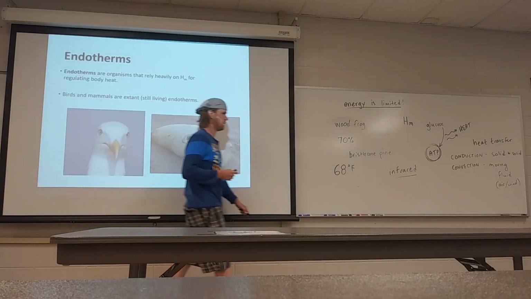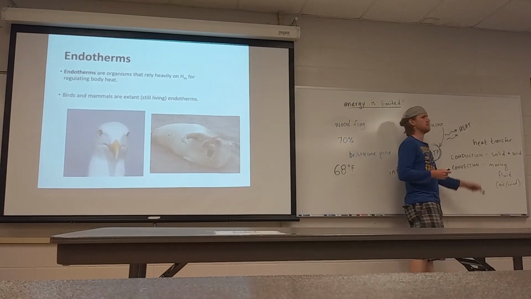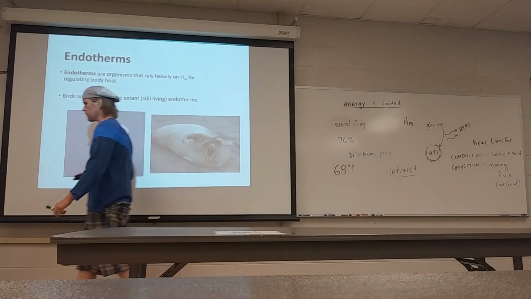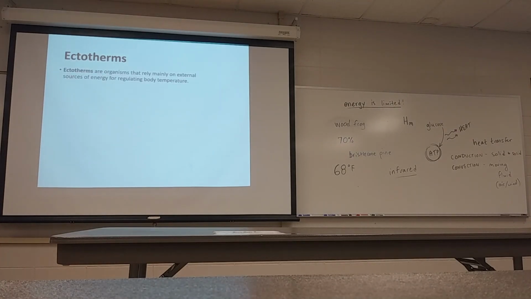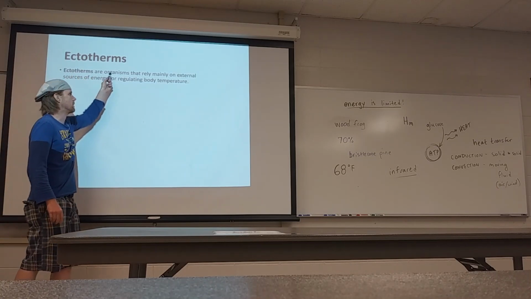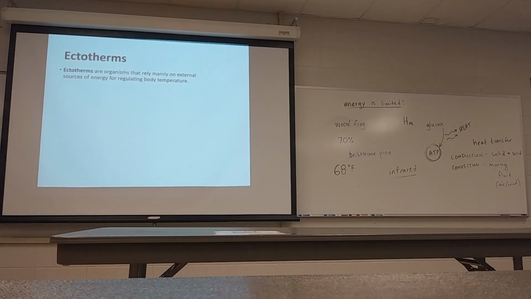The more food that you eat, ultimately the more heat you're going to produce. So if anybody has a dog or a cat, you feed it 2 or 3 times a day, right? You eat 3 times a day, most of you would. Ectotherms, on the other hand, eat a lot less. In fact, large snakes can eat once every 6 months because they do not use their metabolism as a source of heat primarily. Ectotherms means outside temperature, and these are organisms that use external sources of energy to regulate their body temperature. The example that we're familiar with is reptiles.